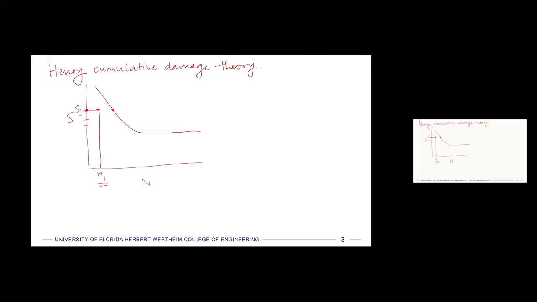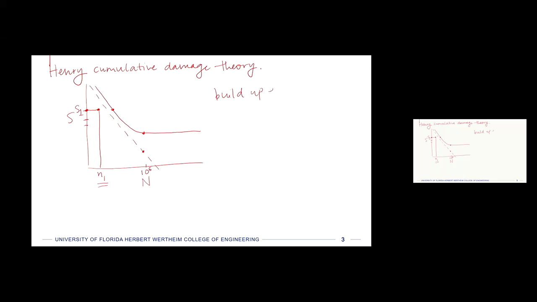And so we could come up with a definition for shifting that curve down and looking at where it hits this 10 to the 6th cycles, or whatever we're defining as kind of an infinite life. And so we could say, if we keep drawing these curves, that if we build up